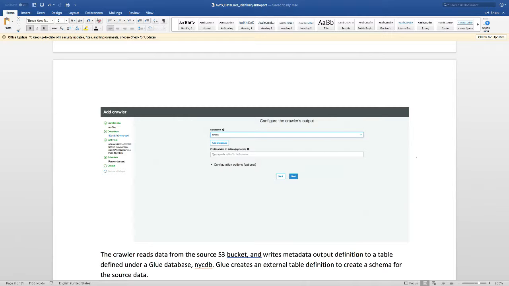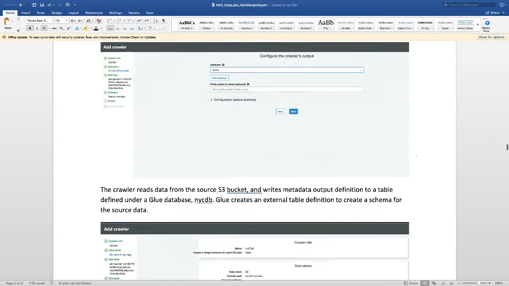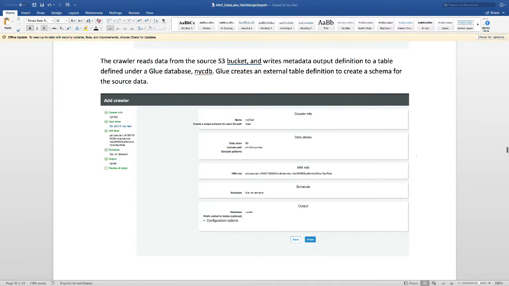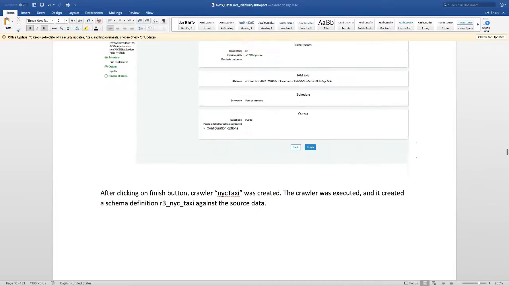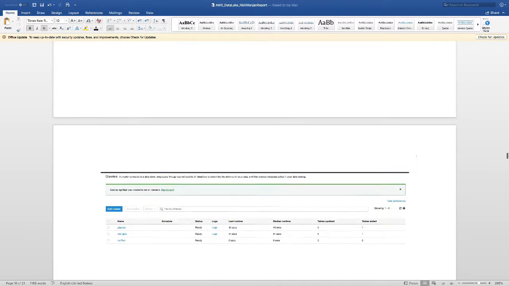In this example, I created a database NYCDB, and once crawler was executed, it created